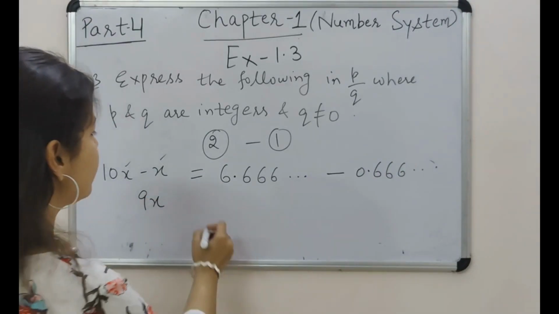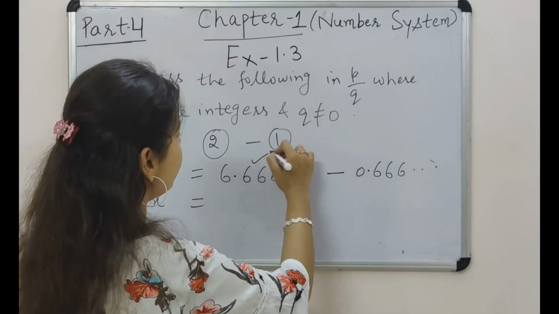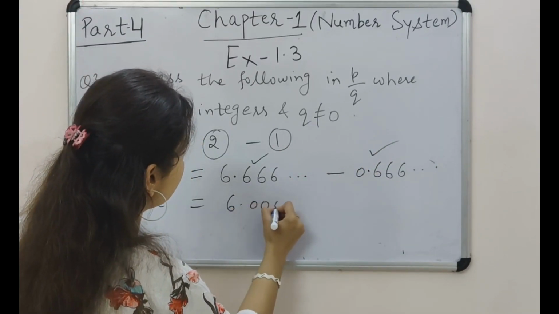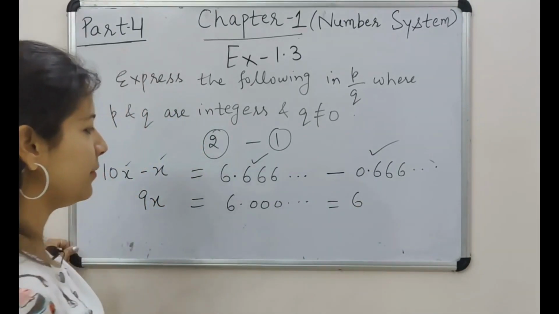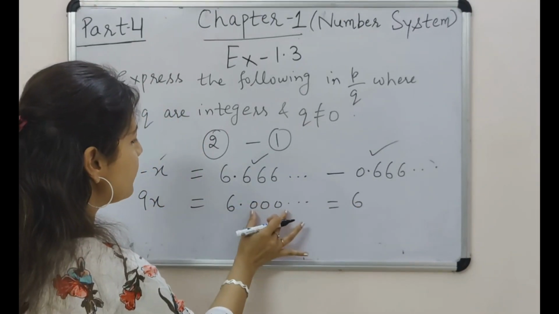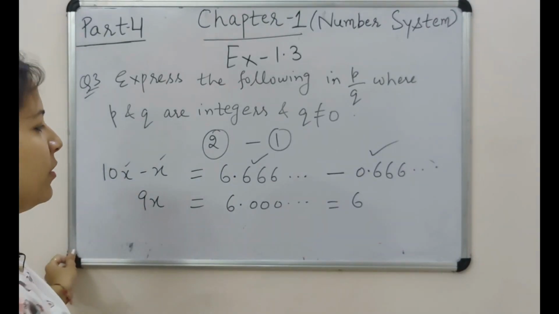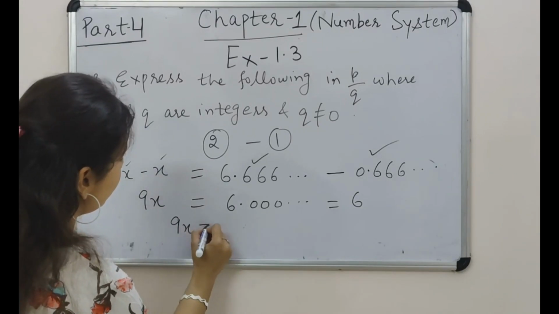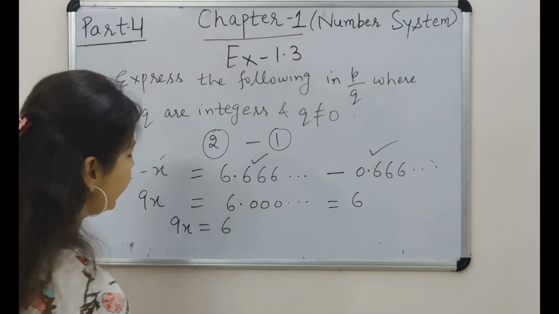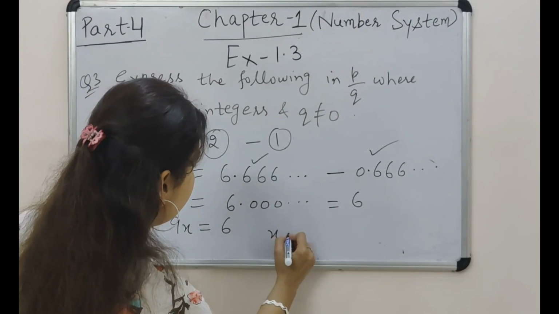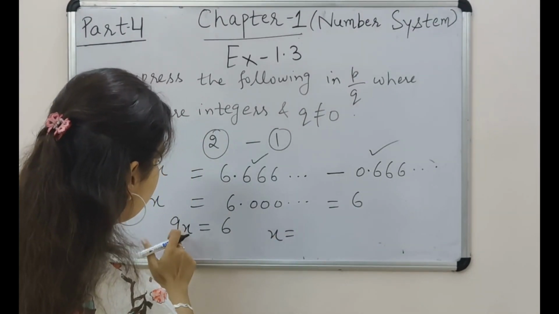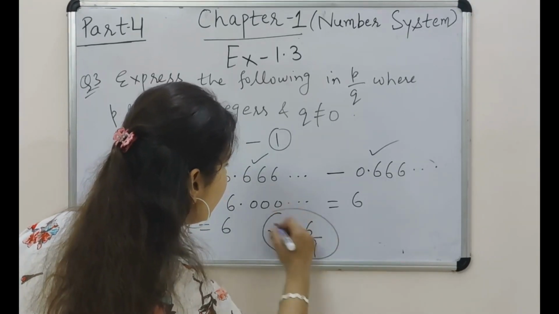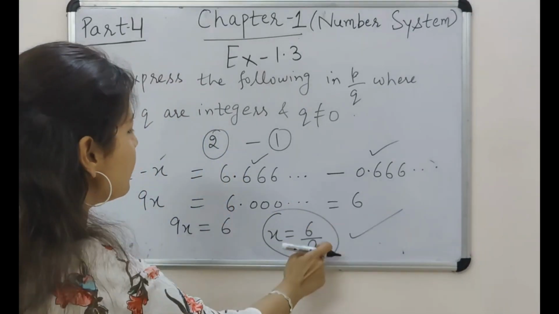It is becoming 9x. After simplifying, after doing this minus this value, what I am going to have, this will become simply 6, because whenever after the decimal zeros are there, it is of no use. So the absolute number 6 remains as it is. So now, what do I have now? 9x equals to 6. X will remain as it is. This is the multiply, and when we shift the sign, multiply changes to divide. Here is your answer, x, which is now 6 by 9.